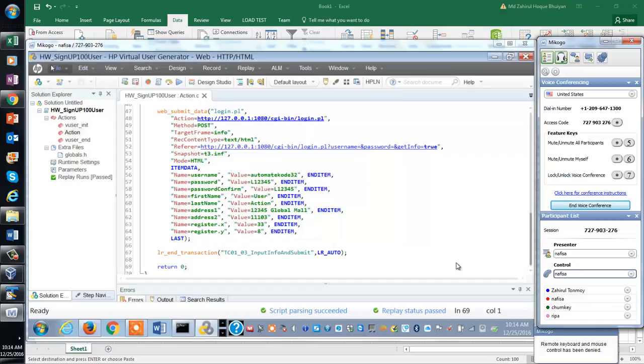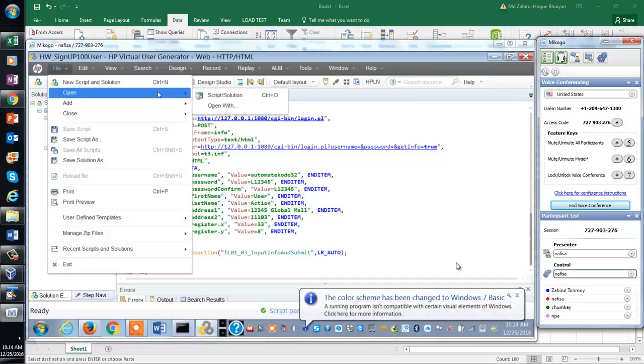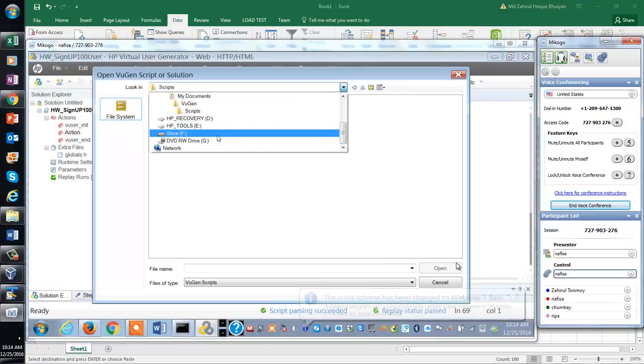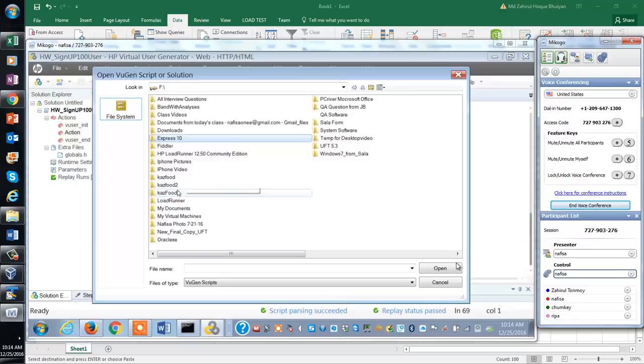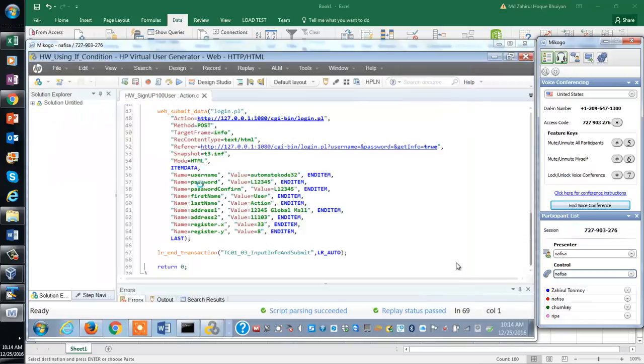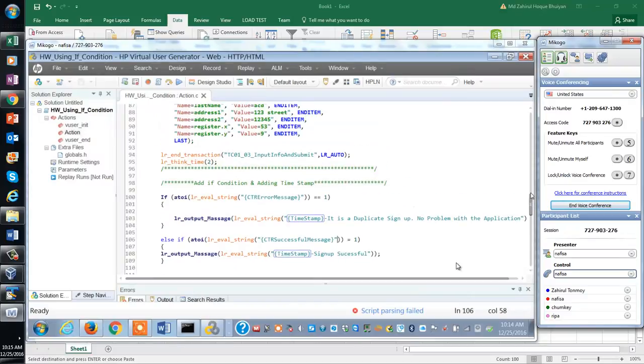Alright, this is with the if condition. Okay, something happens to 100, right?